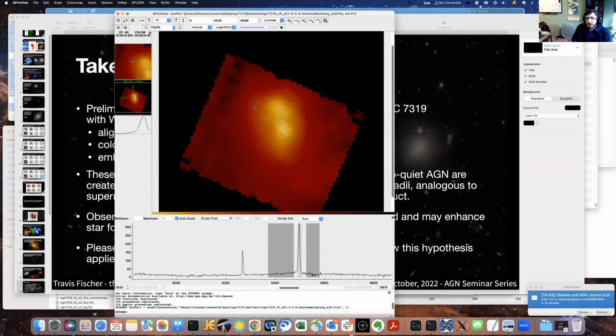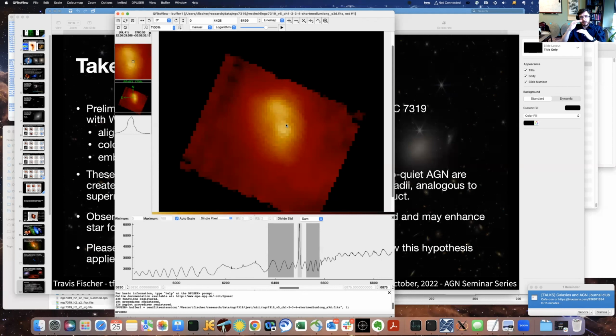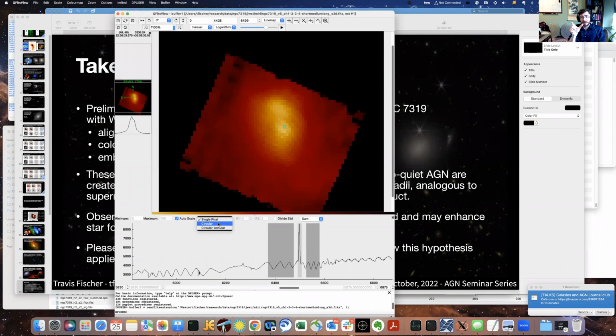But what Travis is showing here is a secondary fringing, which has nothing to do with the actual detector absorption properties and is more to do with the sampling of the scene. The problem is, in order to have the biggest possible field of view for the IFUs, the actual spatial sampling, how wide our slices are and how big our pixels are, is larger than you would want if you wanted to Nyquist sample the point spread function that JWST delivers. You would want 2 samples per full width half max. Instead, at many wavelengths, we have 1 sample per full width half max.